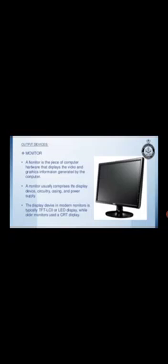Another output device is monitor. A monitor is a piece of computer hardware that displays the video and graphics information generated by the computer. A monitor usually comprises the display device, casing and power supply. The display device in modern monitors is typically TFT, LCD or LED display, while older monitors used a CRT display.